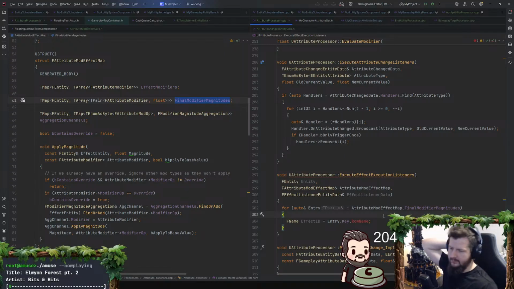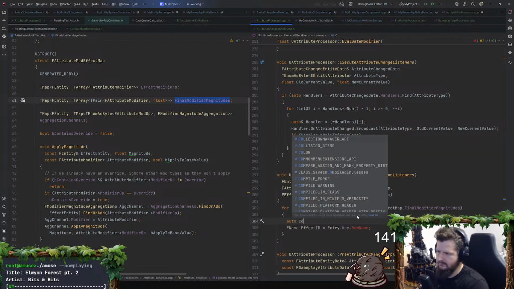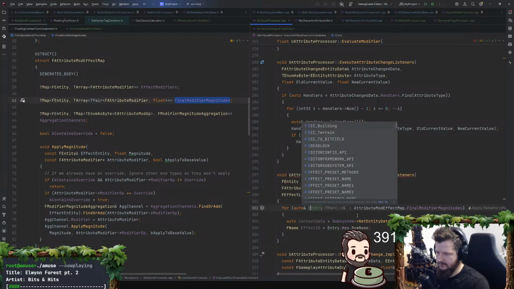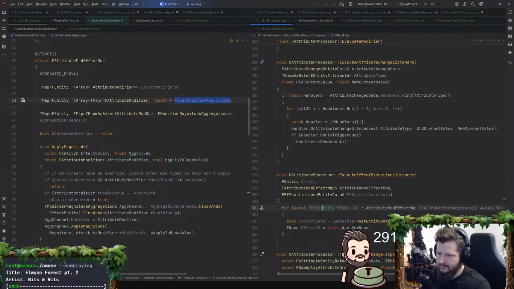I guess I need to look up the context data of each entity here. Oh, that's annoying. All that effect entry key. Yeah, context data.